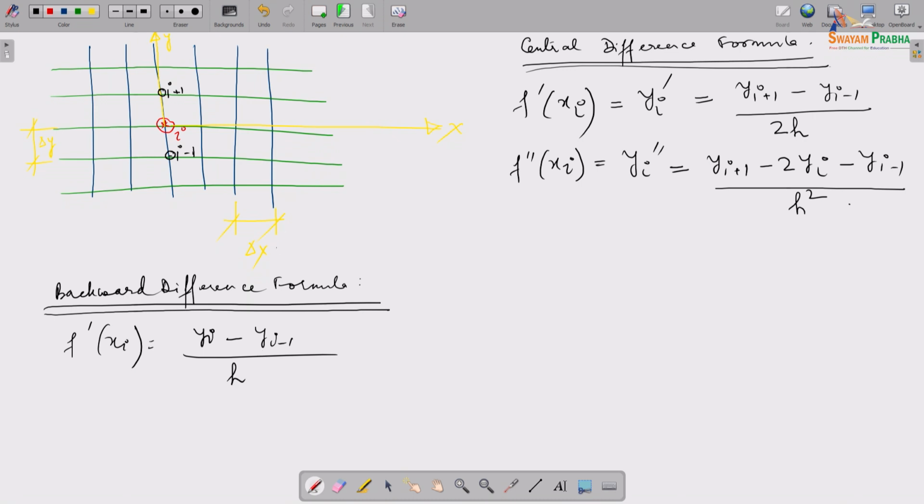Essentially I am calling this delta H. And then the forward difference formula, which is